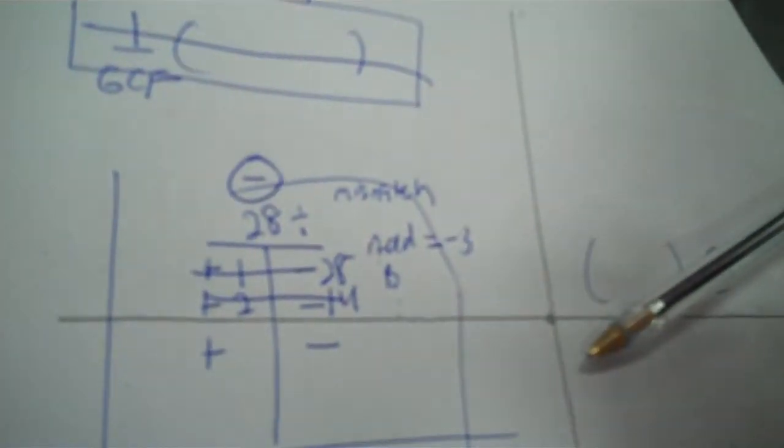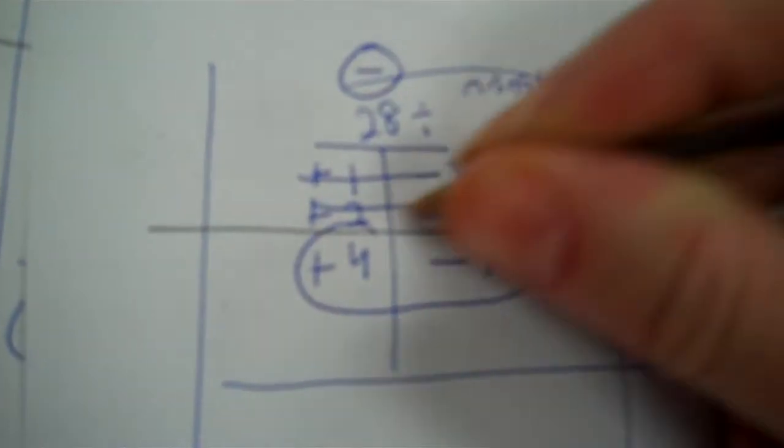28 divided by 1 is 28. That's negative 27. 28 divided by 2 is 14. Add those, it's negative 12. Way too wide. Now, 28 divided by 3 is a decimal. If it's a decimal, you skip it. It doesn't even go on the table. 28 divided by 4 is 7. You add 4 to negative 7, you're at negative 3. Boom. Okay. So you put in the mystery numbers that you just found, and your a, the x second, is